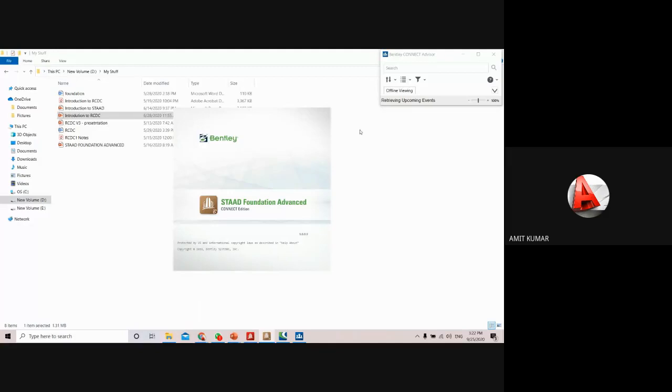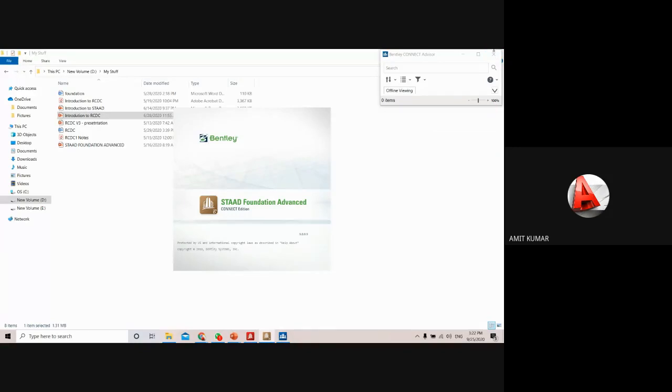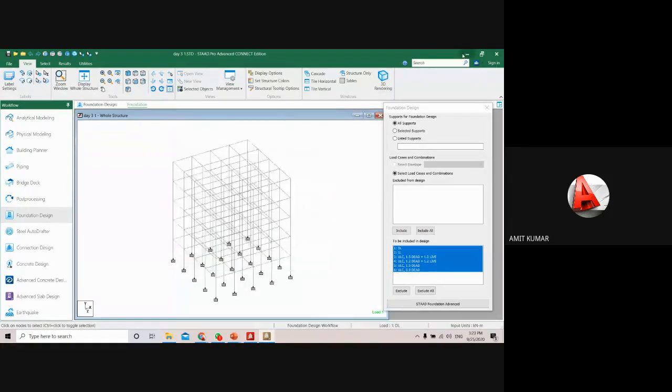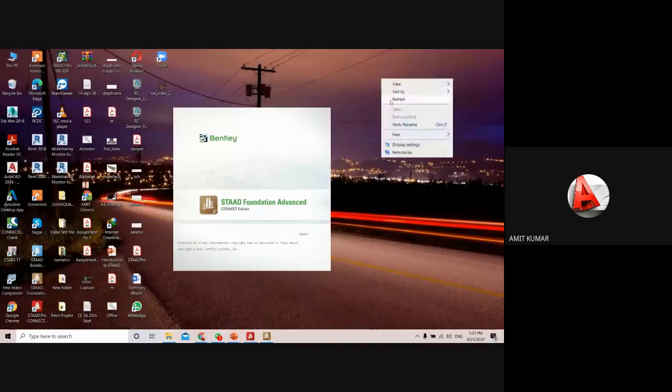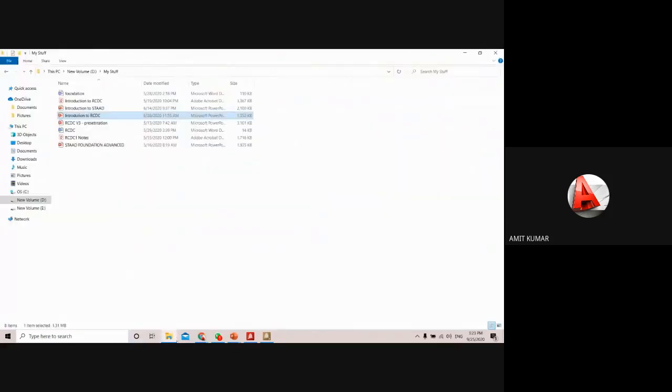Maybe sometimes software will hang. Whenever a file is transferred, sometimes it hangs.